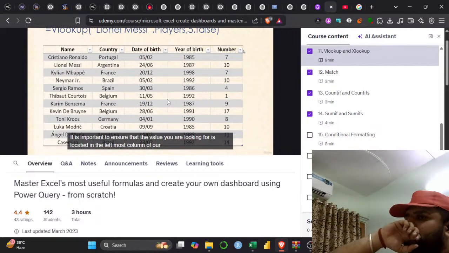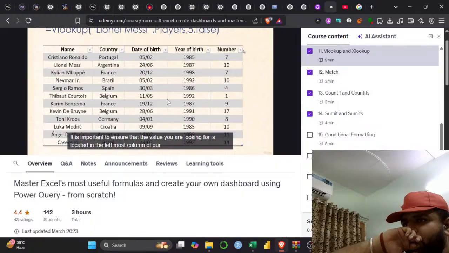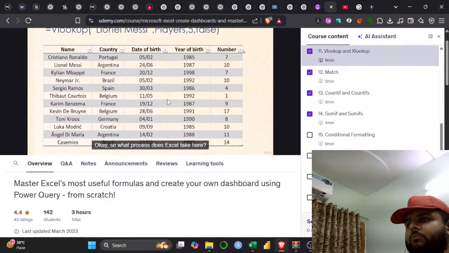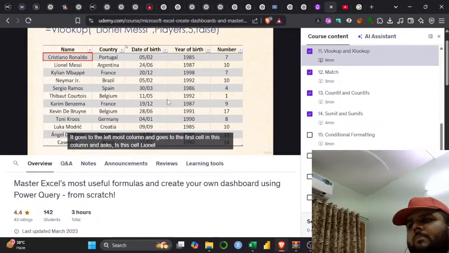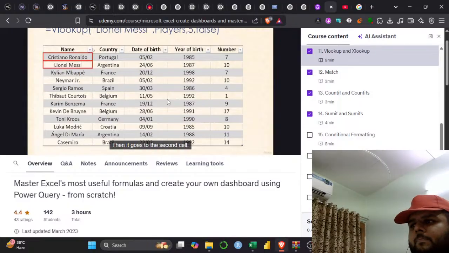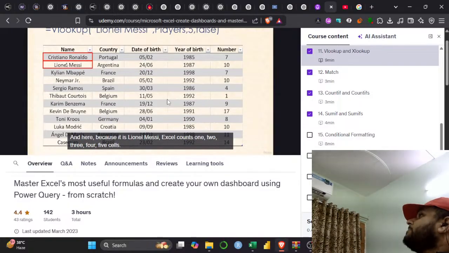It is important to ensure that the value we are looking for is located in the leftmost column of our table. Okay, so what process does Excel take here? How does this work? It goes to the leftmost column and goes to the first cell in this column and asks, is this cell Lionel Messi? Then it goes to the second cell in here, because it is Lionel Messi,